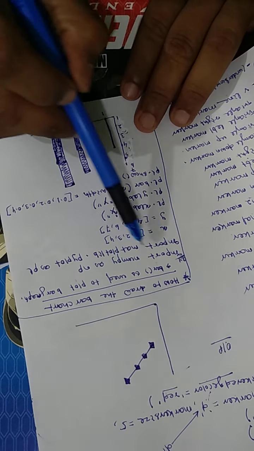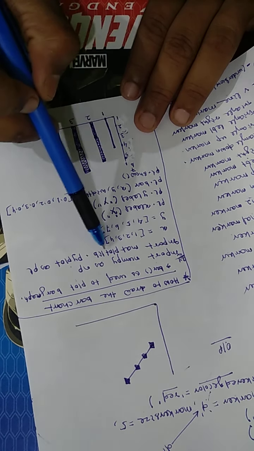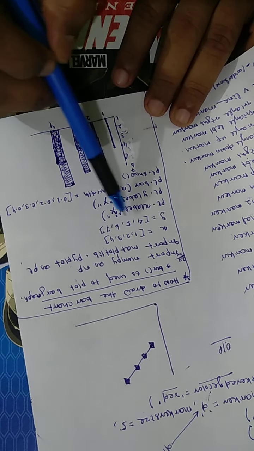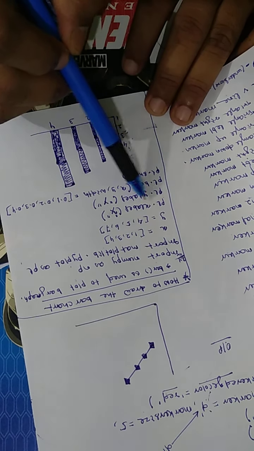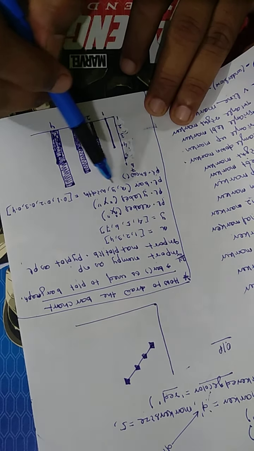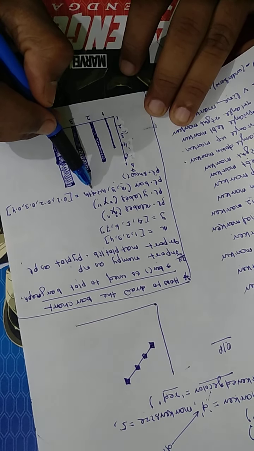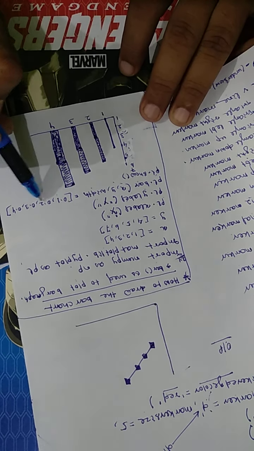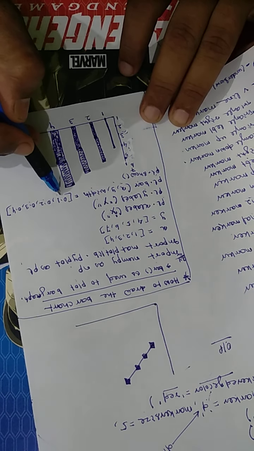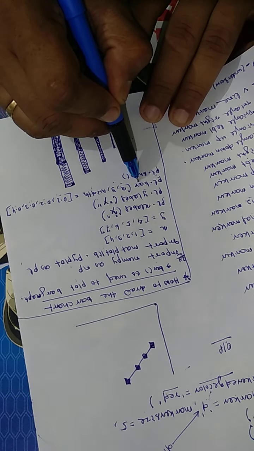See, I have taken the same question. Import numpy as np, import matplotlib.pyplot as pl, x equal to [1, 2, 3, 4], y equal to [4, 5, 6, 7], pl.xlabel x and pl.ylabel y, pl.bar(x, y, width). x is for the x axis, y is for the y axis. The widths I have taken here are 0.1, 0.2, 0.3, 0.4. Keep that in mind.